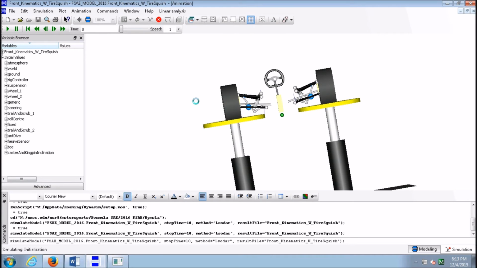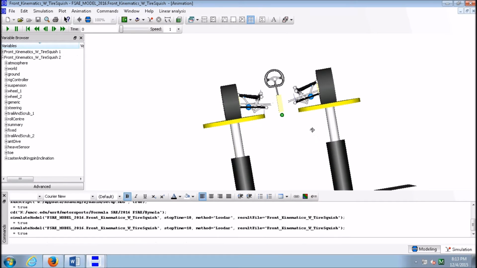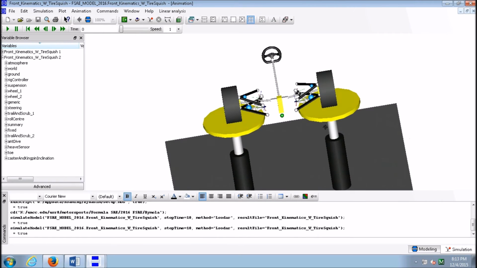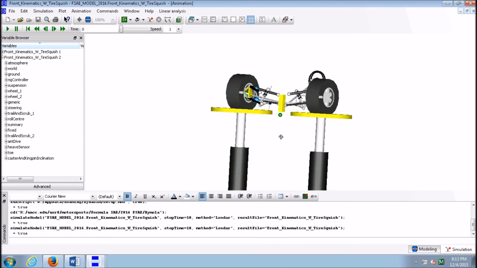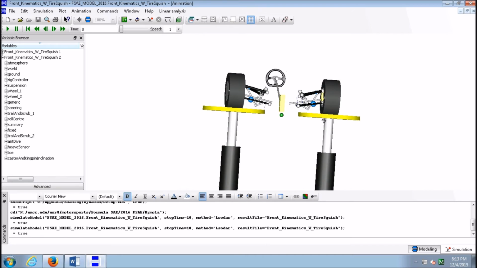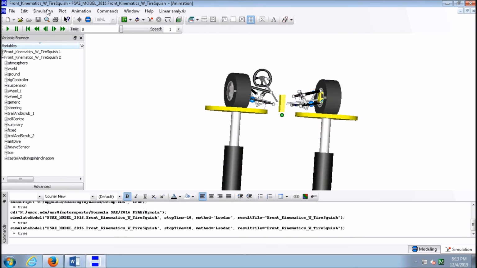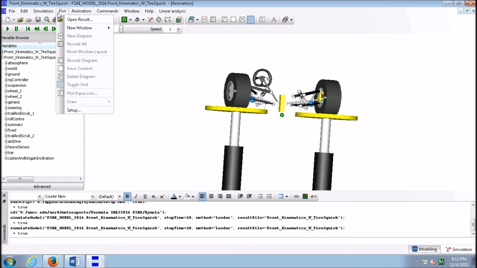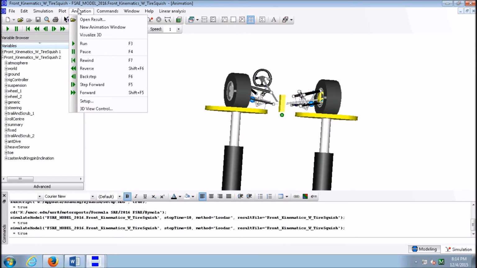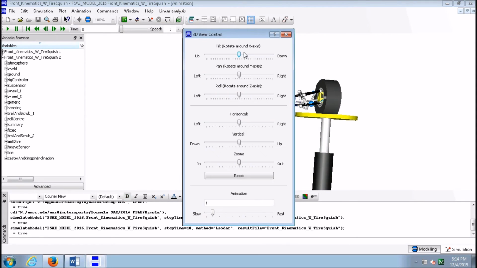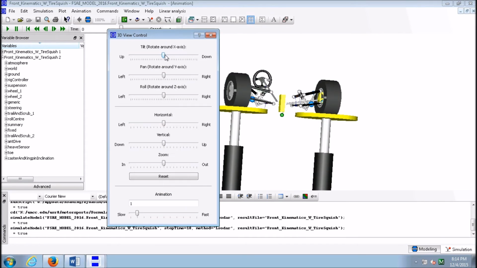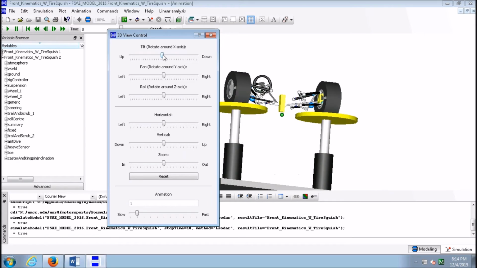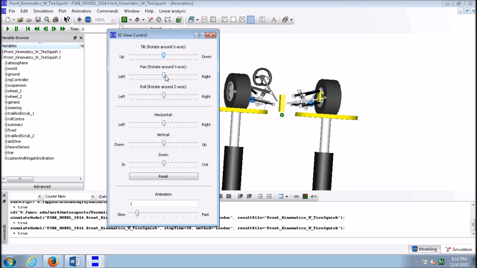Alright, that simulation's done. I try to rotate it. Okay, so you can see it can be frustrating trying to manually rotate this. So like I mentioned before, we can go up here to animation and hit 3D view control. Bring this guy over, and then you can just click with the mouse buttons to get a better view and get what you want. I kind of want this